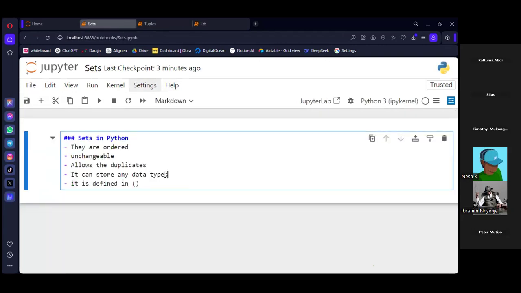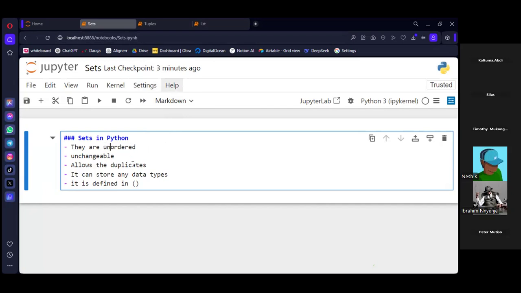Now let's talk about the sets. Sets are used to store multiple items in a single variable, just like the list and the tuples. I used to store a collection of items or a sequence of items, and now, unlike the list and the tuples, these ones are unordered.